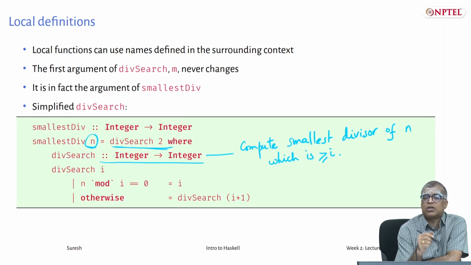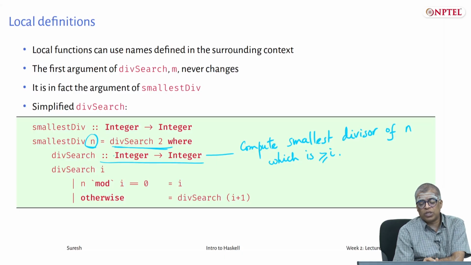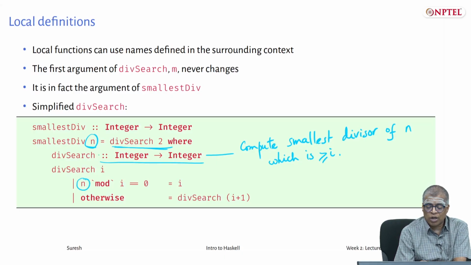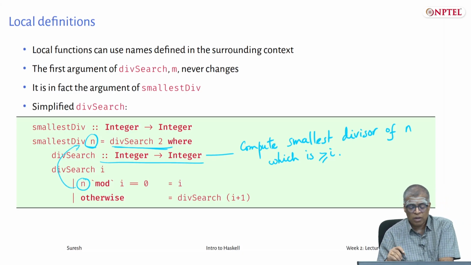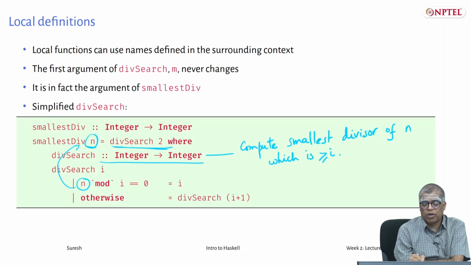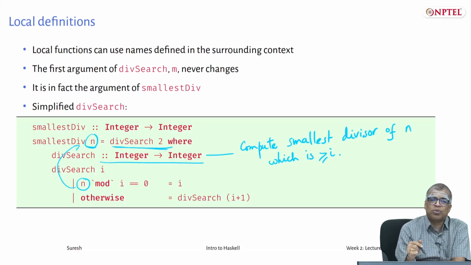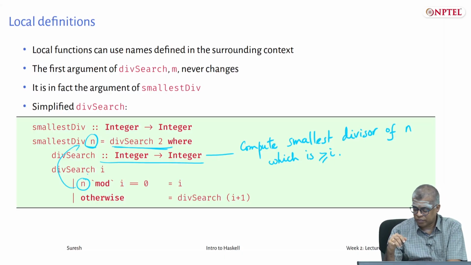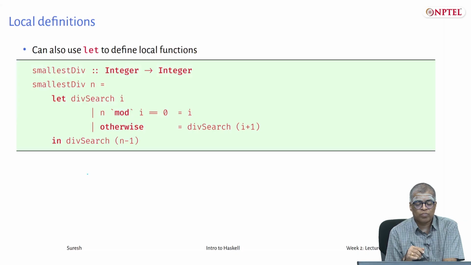So yeah, this is the improvement. And the code is also a little cleaner. Of course this n here is not an argument, but it refers to the surrounding context. But you can see that if you reduce the number of arguments, of course the code will look cleaner. And you don't physically need to manually repeat the same n here as well as here when you write the code.